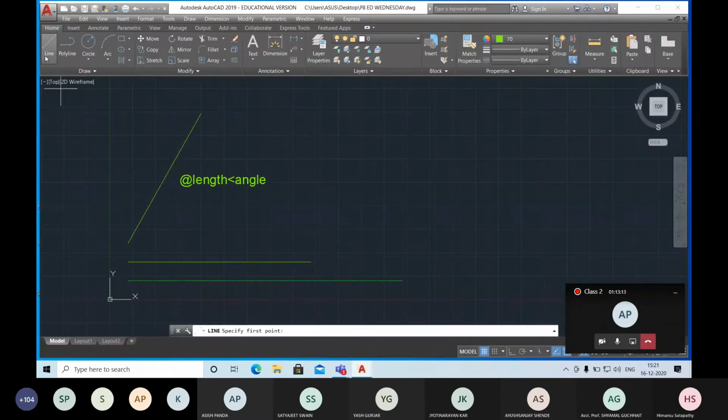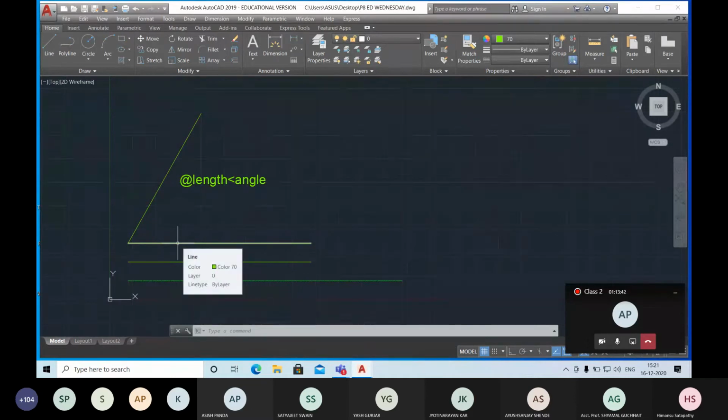Similarly, if I want to draw a straight line by using this method, how to write that? Go to the command line, enter 10, 30, enter, then at the rate 100 mm, 0. Less than 0 means there is no value, so you have to mention 0. You can see I can draw a straight line. Press escape to come out of the command. This is the line of 100 mm. The method of writing is at the rate length, 0.